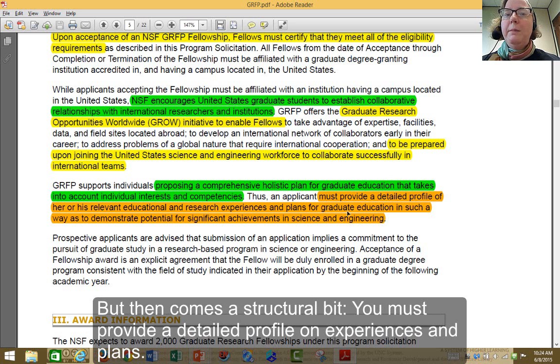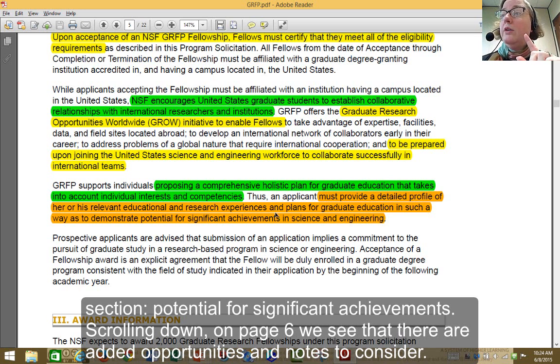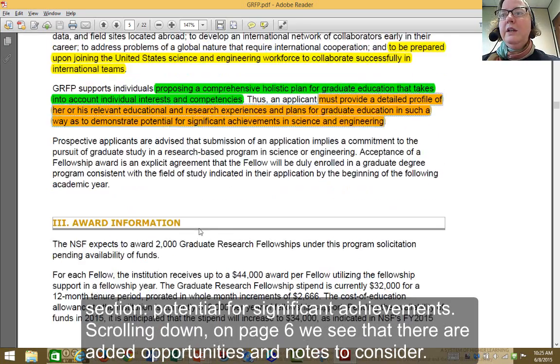But then comes a structural bit. You must provide a detailed profile on experiences and plans. Add that to your list of structural elements in your preliminary outline. With it, add a note that says what needs to be demonstrated in that section. Potential for significant achievements. Scrolling down, on page 6,